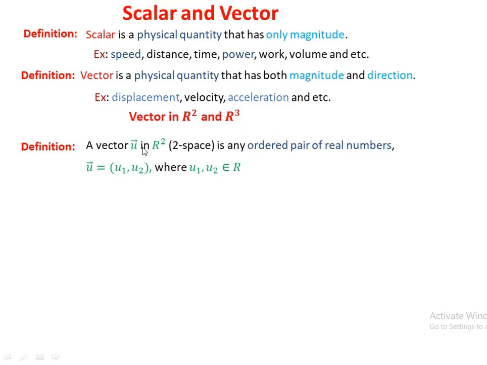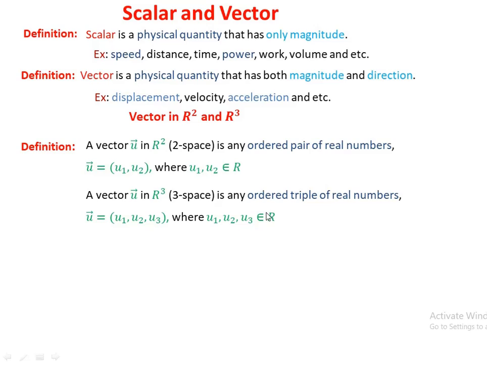A vector U in R2 or in 2 space is any ordered pair of real numbers, and we can note the vectors U as U1, U2, where U1 and U2 are real numbers and they are called components for the vectors U. And then U1 እና U2 ኮምፖነንት ይባላሉ። የማን የቬክተር U እናም ሪል ነምበር ናቸው። What is vectors U in R3 or in 3 space is any ordered triple of real numbers U, which is equal with U1, U2, U3, where U1, U2, U3 are real numbers and they are called components for the vector U. እዚህ ጋር ሶስት ተፕሎች ወይም ሶስት ሪል ነምበሮች የያዘው ቬክተር U vectors in R3 እናለን። ሁለት ኮምፖነንት ብቻ ካለው vector in R2 እንላለን።